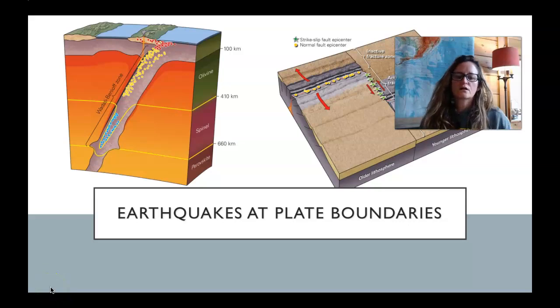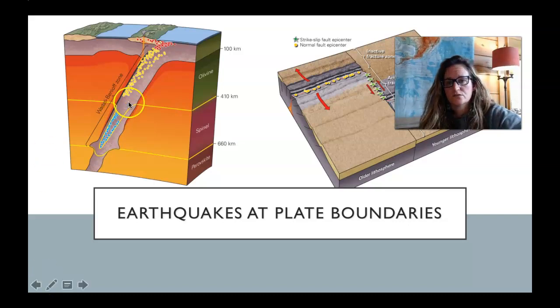Earthquakes are going to occur at plate boundaries, mostly. We'll see they can occur off plate boundaries in some situations. On the left here, we have a subduction zone between oceanic crust and maybe the front edge of some oceanic crust here. So we have a volcanic island arc. There's going to be earthquake activity in the shallow crust right around the accretionary wedge and the volcanism associated with